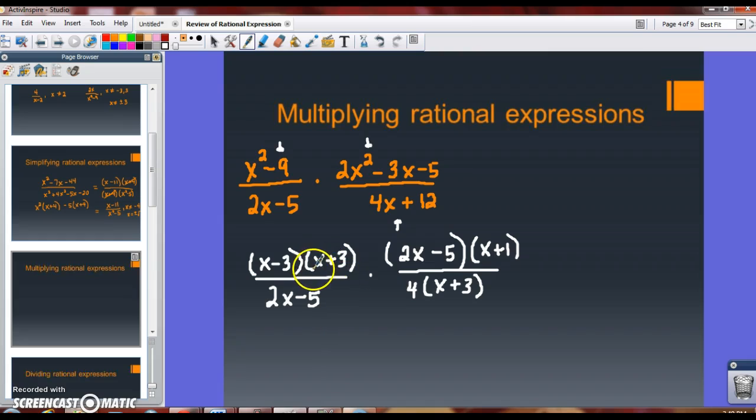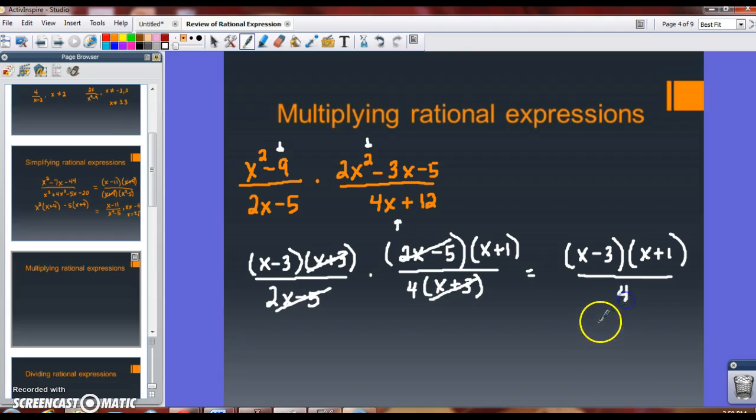Okay, so I can go ahead and cancel. When you are canceling common factors, you can cancel things that are up and down, or you can cancel things that are diagonal, but you cannot cancel things that are next to each other. So one always has to be in the numerator, and one always has to be in the denominator. So I can cancel my common factors, and then what I'm left with is x minus 3 times x plus 1